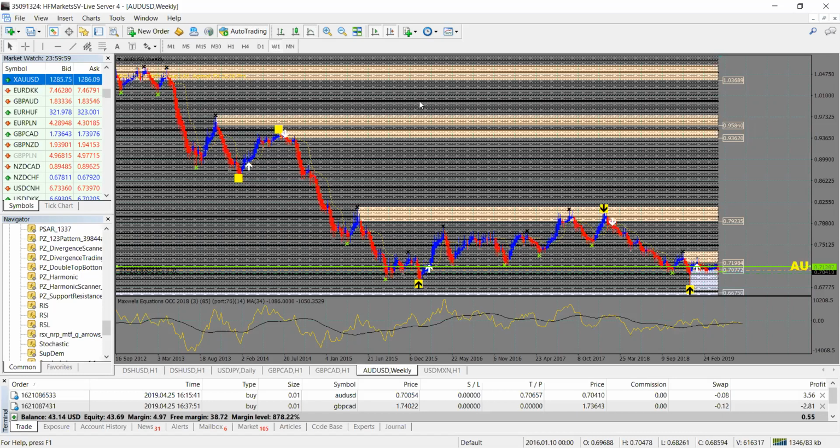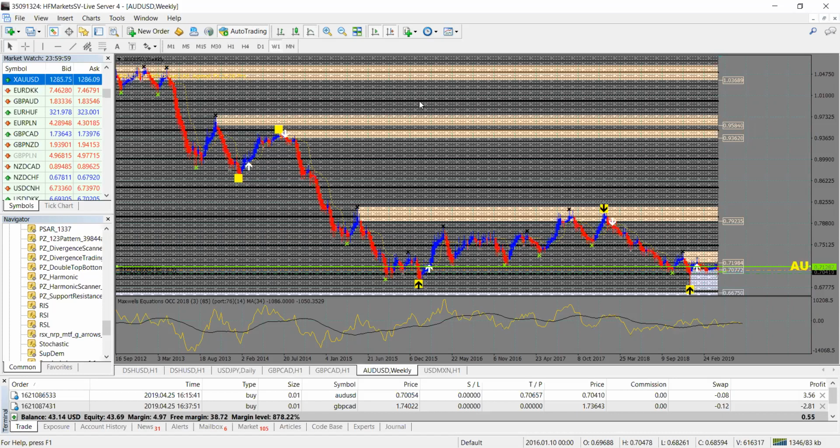Don't go to a zone and just say, oh, okay, I'm at the zone, I'm going to buy. No, if you're at a demand zone, you know you are buying. If you're at a supply zone, you know you are selling. So you need to differentiate what the demand zone is and what the supply zone is. Of course, supply zones are zones where you look to sell, and demand zones are zones where you look to buy. It's really that simple. You won't get them every now and then,